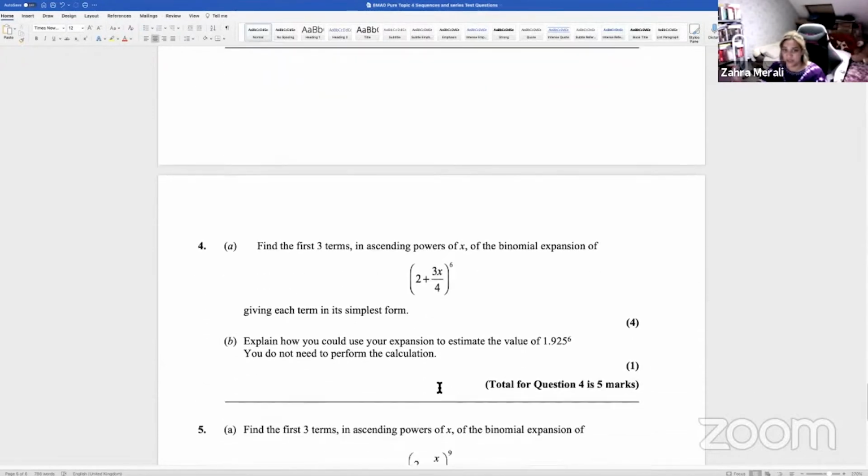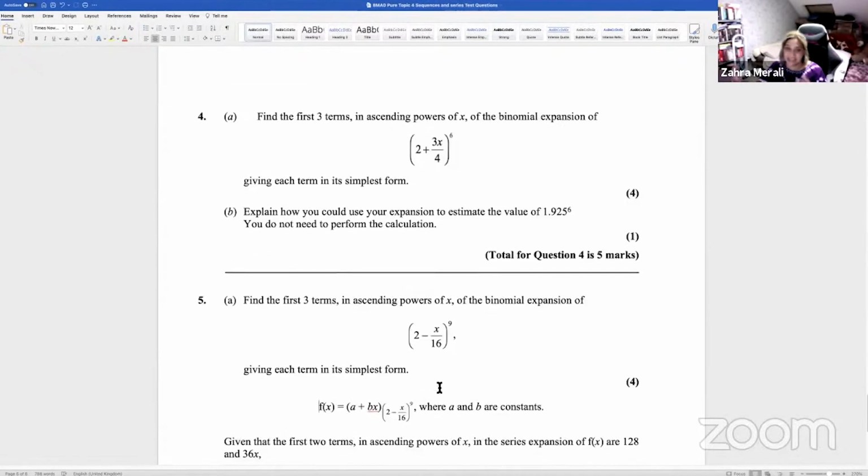So what I'm going to do is not rework that. Your A in this case is 2. Your B is 3/4 x. Your N is 6. Okay, and your answer to part B would be almost identical. I'll give you the solution so you can work through it, but you should get 64 plus 144x plus 135x